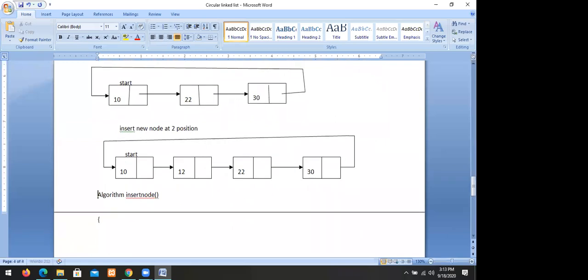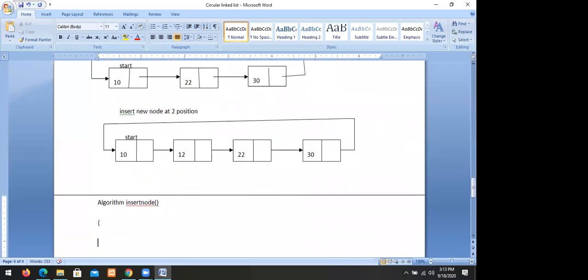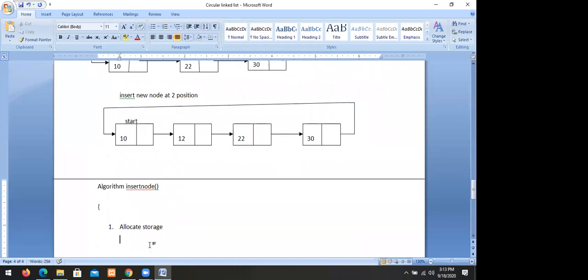Algorithm insert node. The insert node module is used to insert a node into the list. First of all, you have to allocate the storage. How can we allocate? temp equal to new node.